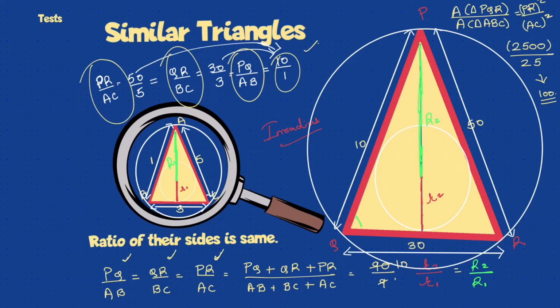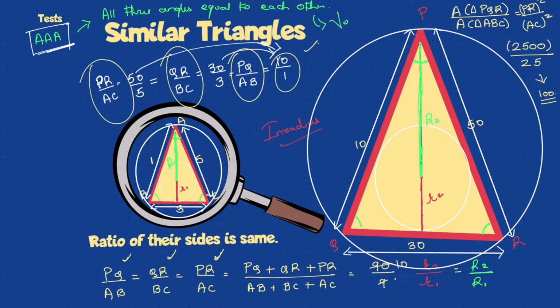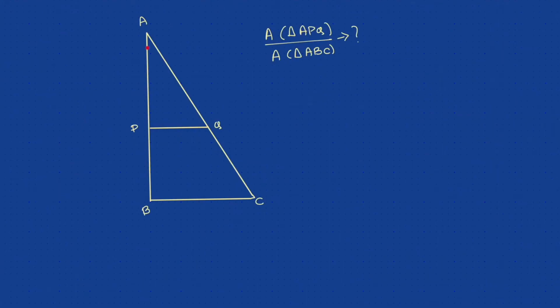Now we know what will happen when two triangles are similar, but how do you prove that two triangles are similar? You do it by certain tests. There are many tests. I'll give you just one, the AAA test, which means I'll prove all three angles of one triangle are equal to all three angles of another triangle. If I prove that, I'll prove that two triangles are similar. Then I can write everything there is as a result for similar triangles. So remember the proof for that.